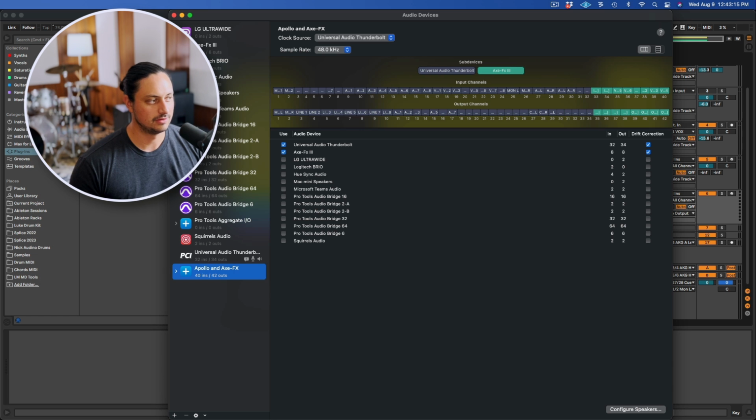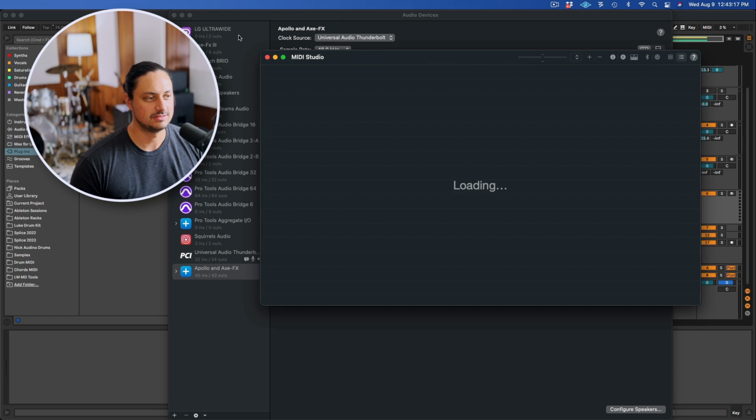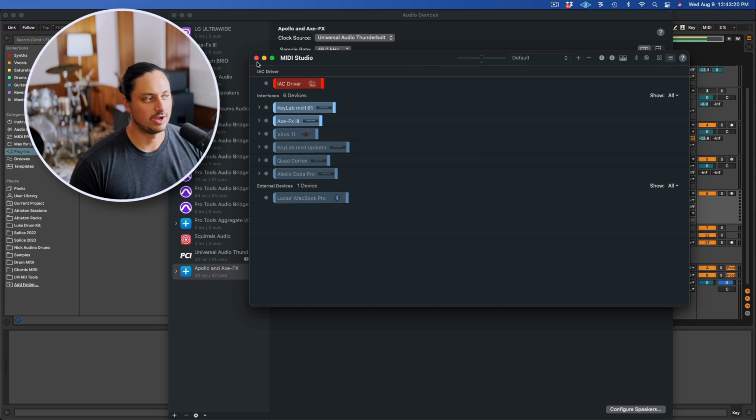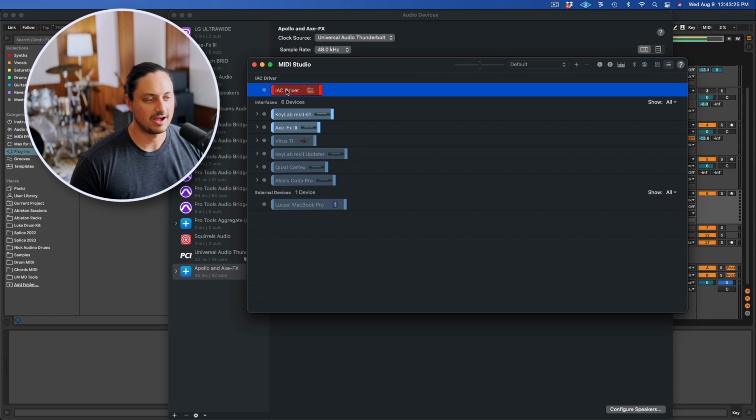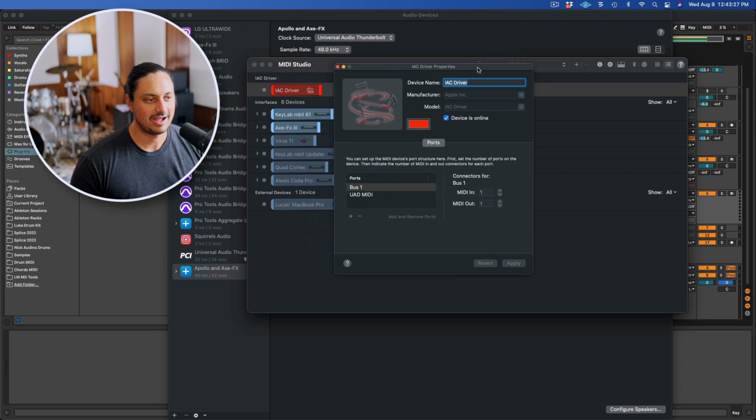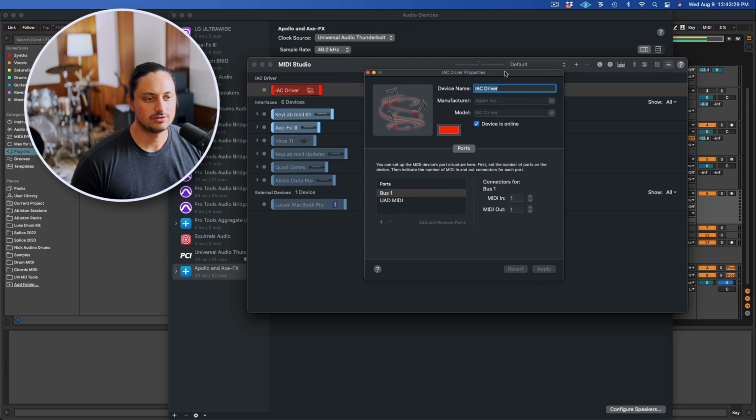And at the top, go to Window and then Show MIDI Studio, and this window will pop up. So right at the top bar, you go to Window and Show MIDI Studio, and you're going to click this IAC driver. So the IAC driver is an internal MIDI driver that we're going to use to send messages from Ableton to console to change parameters in AutoTune. And what you're going to do is make sure it says devices online, that turns the device on, and you're going to add one channel and just name it UAD MIDI and hit apply,